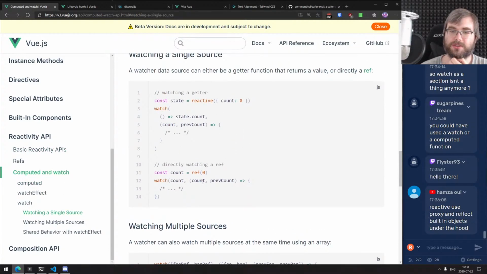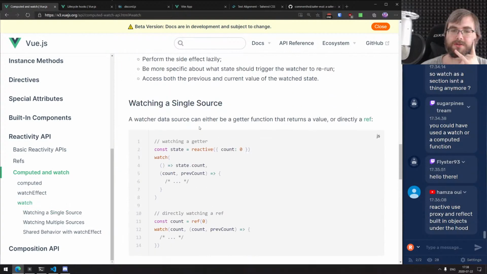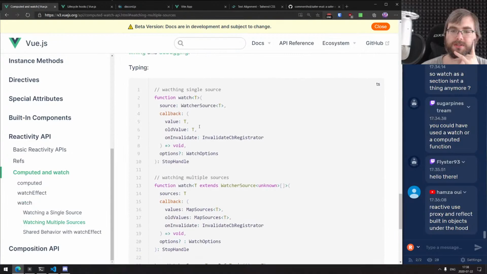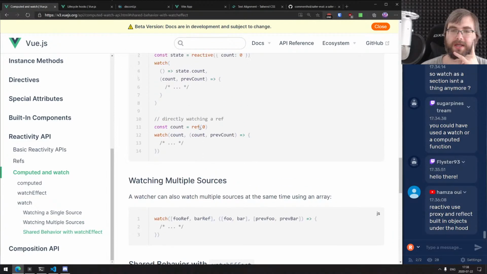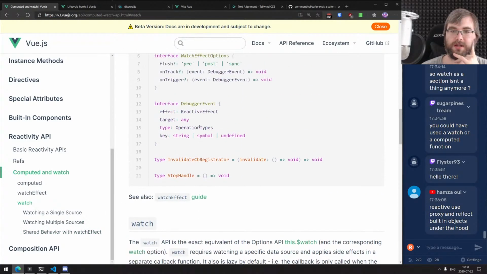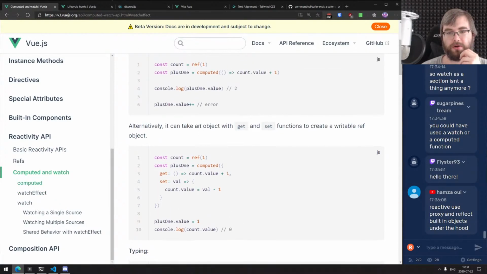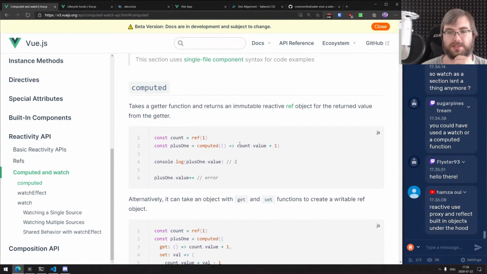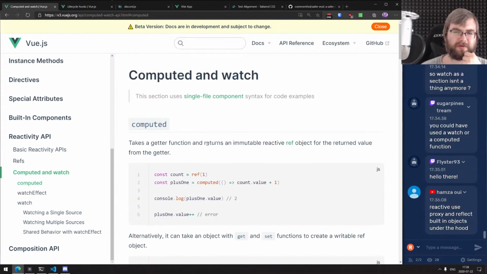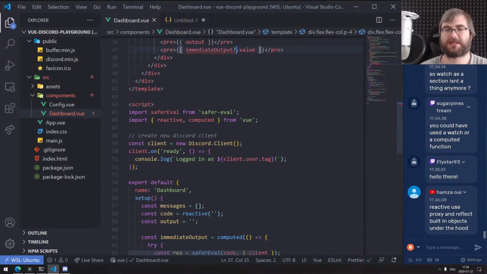Watch counts, count, previous counts, state counts, okay. Watch a single source, watch multiple sources. How do I actually produce anything as a result of that? I had the impression that the compute function would return the new computed value, right? But why does it not? Is it only works with refs? Is that the thing? It should be,